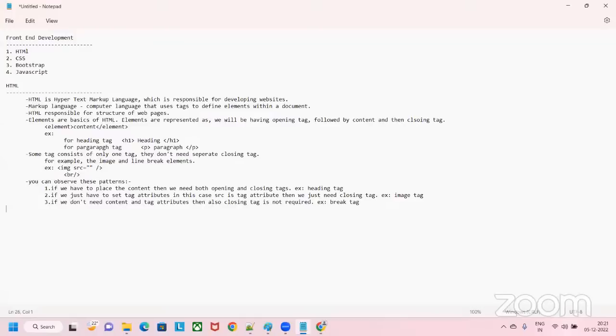Can somebody tell me what is the file extension for HTML? .html. Very good. So you might be knowing, for text file we will use .txt. For say Excel file we will use .xlsx, right? Similarly, for HTML file we should use .html. This is the file name, and this is the extension. Okay,